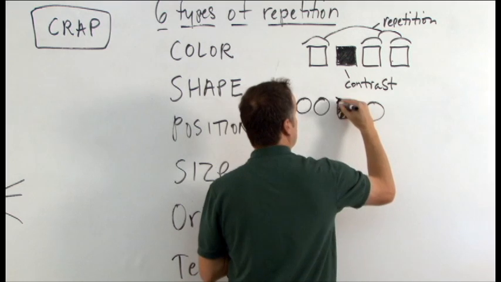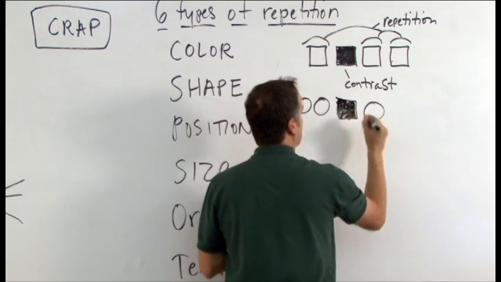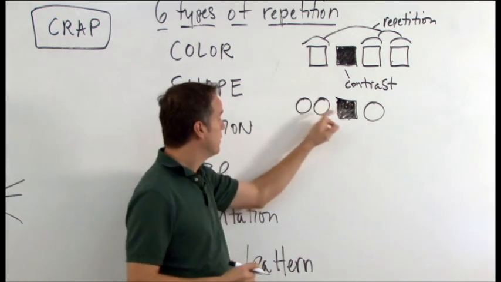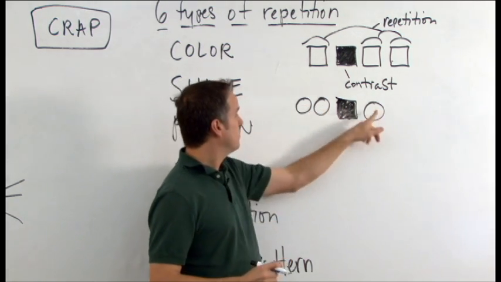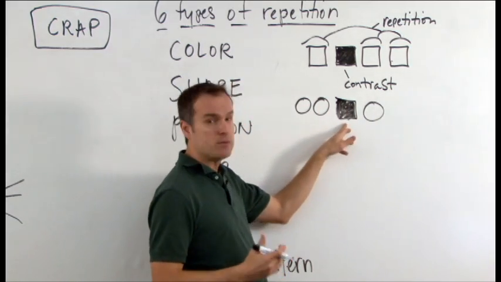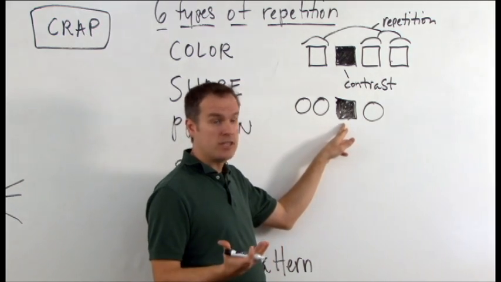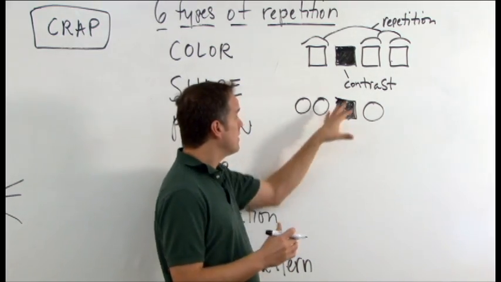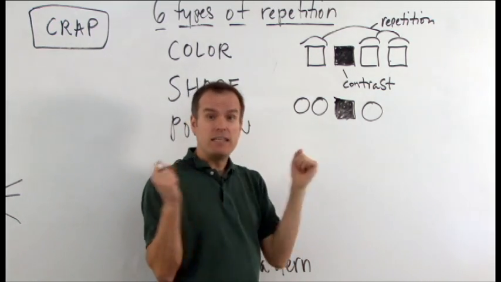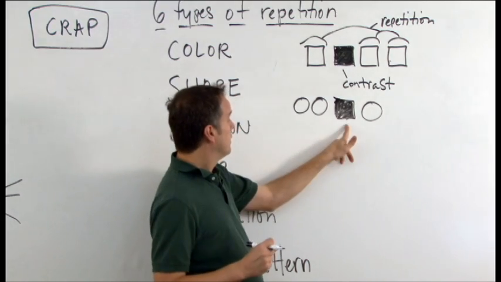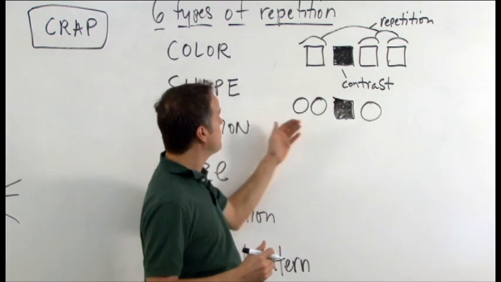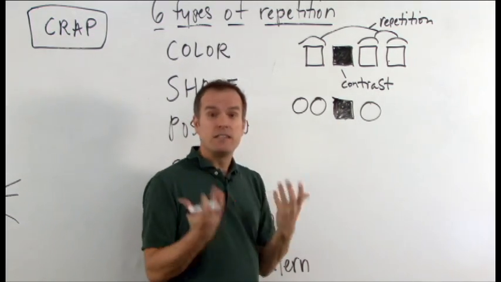If we again use color, now we have 2 kinds of repetition among these 3. Circle, circle, circle, shapes all the same. White, white, white, colors all the same. Now we have this black square, different color, different shape. So what this does is increases the level of contrast. The 3 that are repeated feel even more tightly like a group. The 4th one, the one that's now different in 2 ways, 2 different types of contrast, feels even more unlike